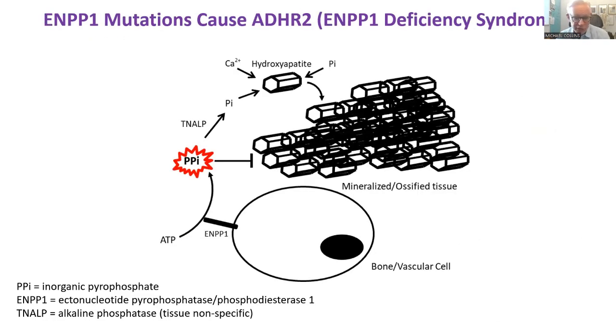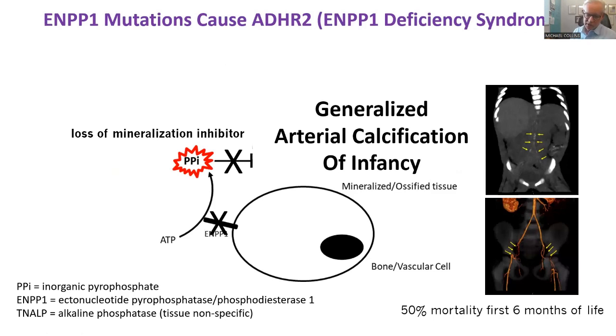ADHR2, which is due to variant mutations in ENPP1, sometimes called ENPP1 deficiency syndrome. And recall again, pyrophosphate is critical for inhibiting mineralization. Pyrophosphate is broken down by alkaline phosphatase to generate hydroxyapatite to lead to mineralization. So in patients who have